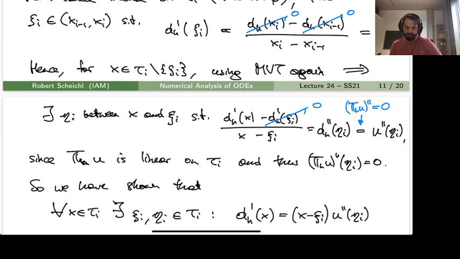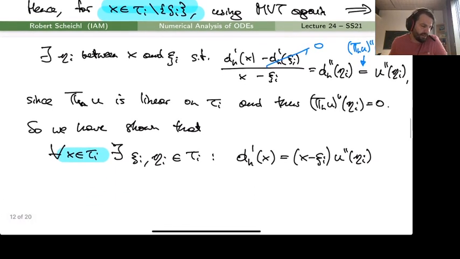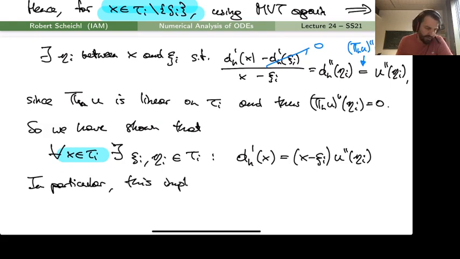And now I don't have to exclude, so before we excluded xi, but here I don't have to exclude xi anymore because the result is true anyway when x is equal to xi. Then I've just got this result here. Okay, so this result holds for all x in tau I. And in particular, this implies, now using some upper bounds, some norms, that